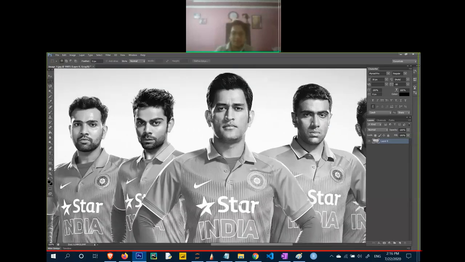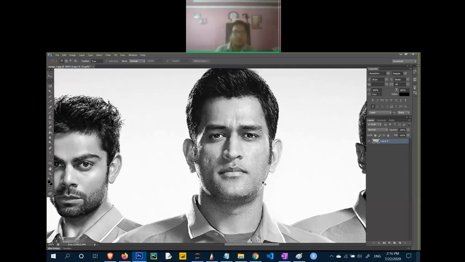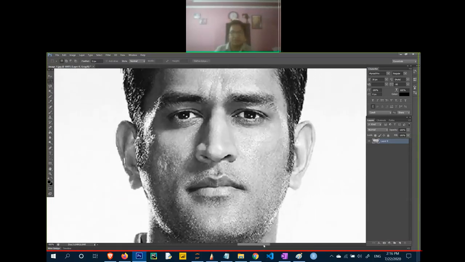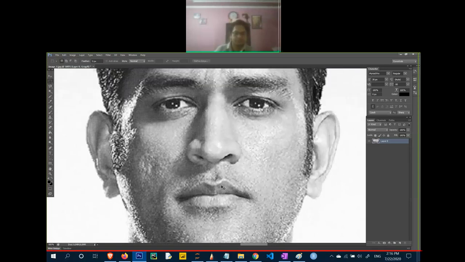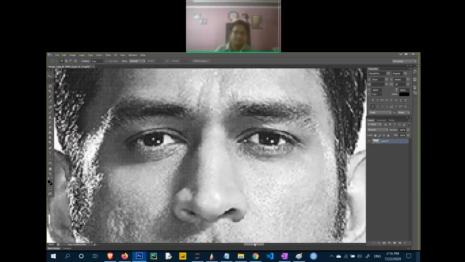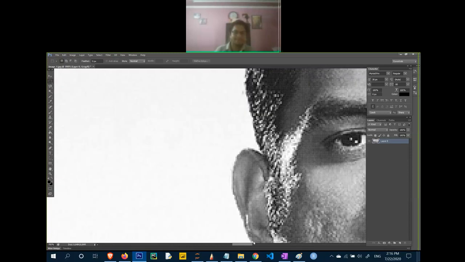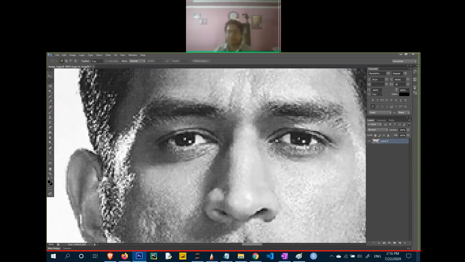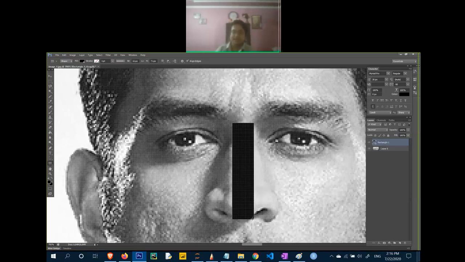Now, according to Viola-Jones, each and every human face has similar properties. What are those properties? The nose bridge region that you are looking at right now is white in color. It is bright if I compare this region with the left and right portions.